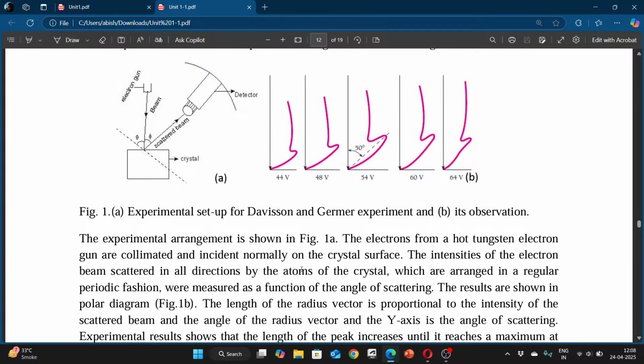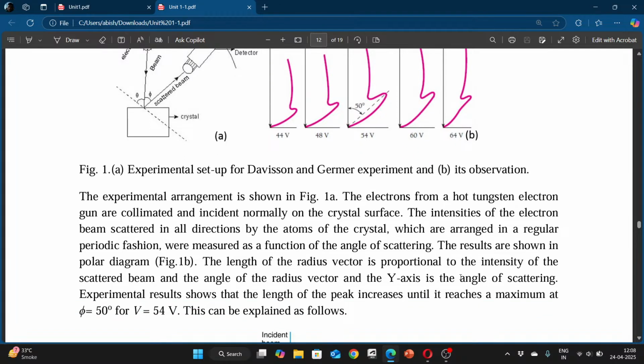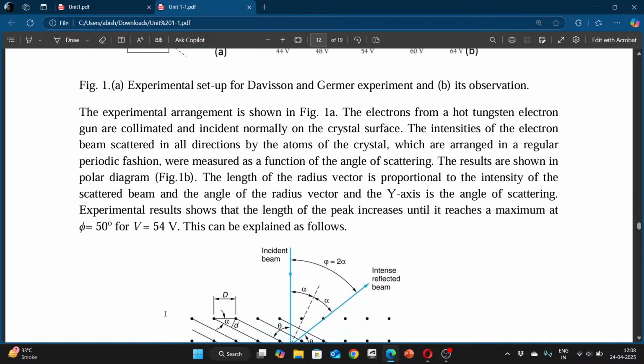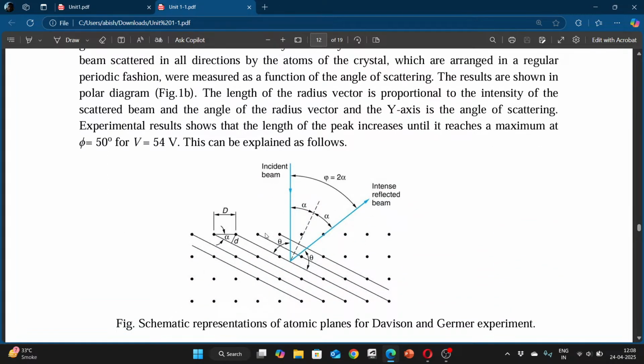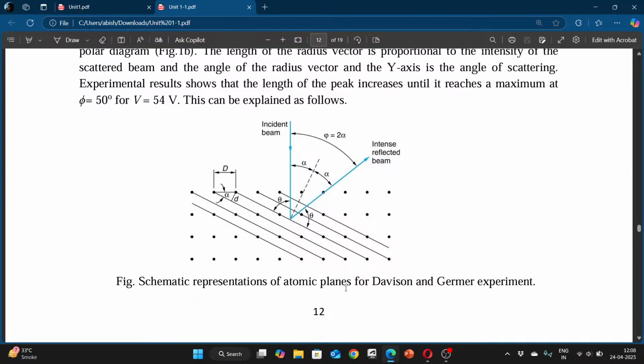The results are shown in the polar diagram, figure 1b. The length of the radius vector is proportional to the intensity of the scattered beam. ठीक है, ये radius vector. And the angle of the radius vector with the y-axis is the angle of scattering. इसका result show that the length of the peak increases, as it is for phi equal to 50 and V equal to 54. तो ये d है। इसमें तेरे क्रिस्टल पे आया, इधर मारा।